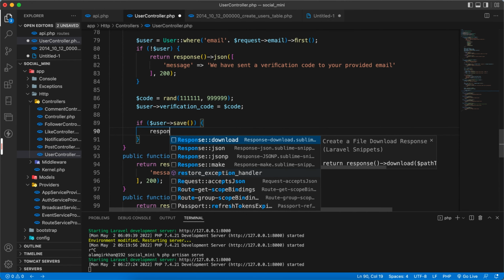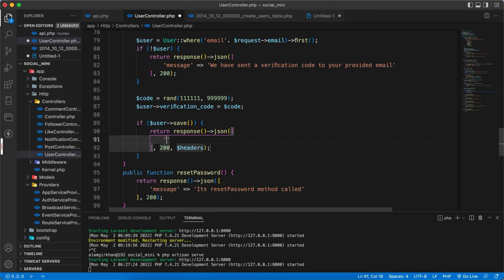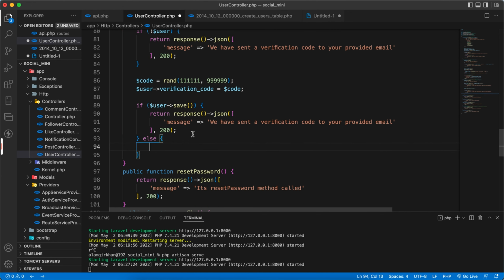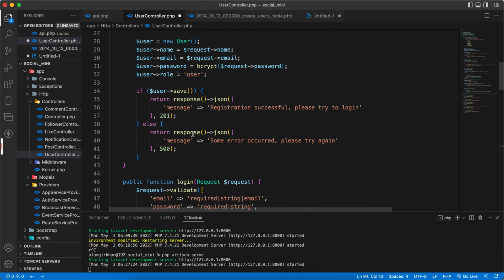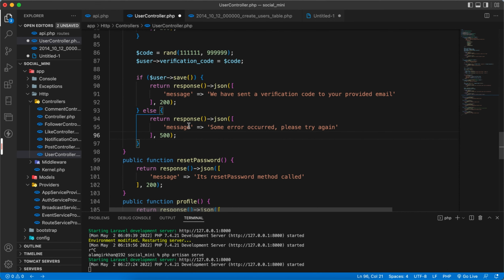and once we have saved the user, then we will respond back the same message, and if not, then the error message. So the error message we will copy the same, this one. Okay,